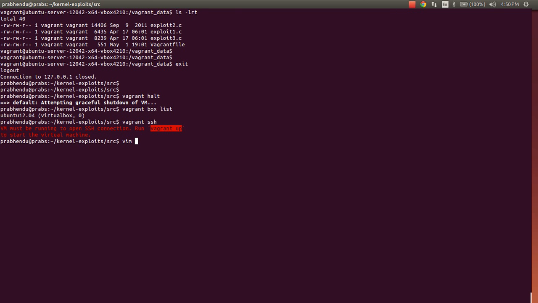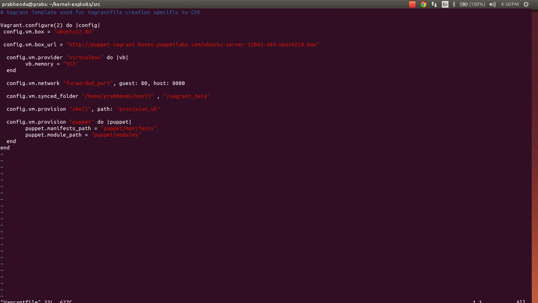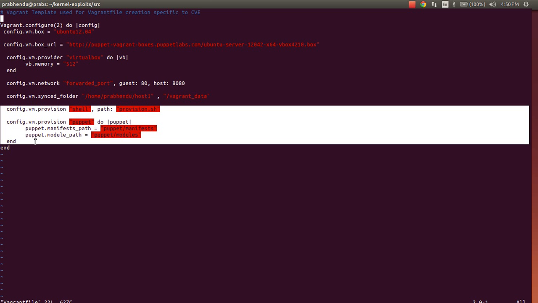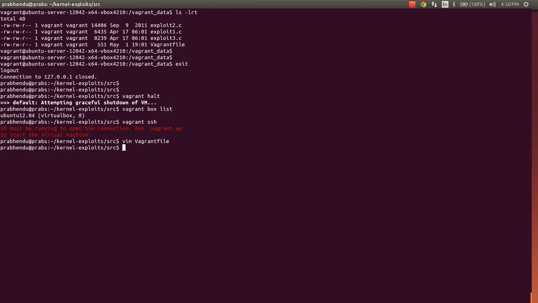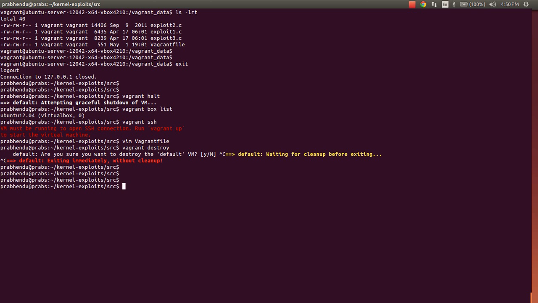There is one more point that I would like to make at this point of time. These provisions run once. Now this once periodicity is defined between the time Vagrant has been destroyed. So say for instance, if I do this particular part, do you want to destroy the default? If you do this, then it will actually remove everything and the provisioning will start again. But if you have made it halt, and suppose you are running vagrant up again,